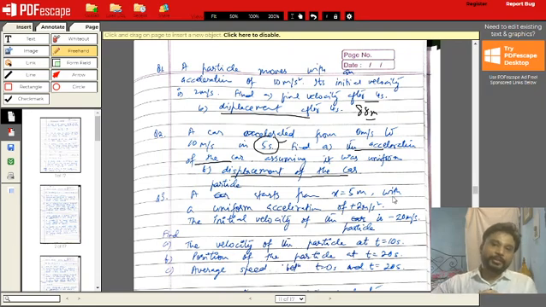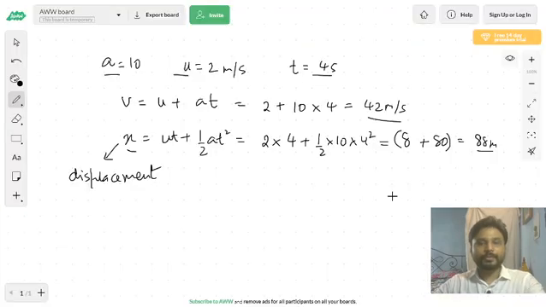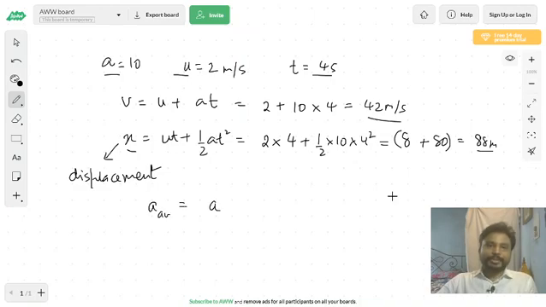Again we are just required to find the acceleration of the car. So the definition of acceleration is dv by dt, right? But it is given that the acceleration is uniform. So that means we can use some other expression also. Now here comes some theoretical idea which would help you here. If the acceleration of a particle, that means the instantaneous acceleration, is constant, is average acceleration equal to the instantaneous acceleration?